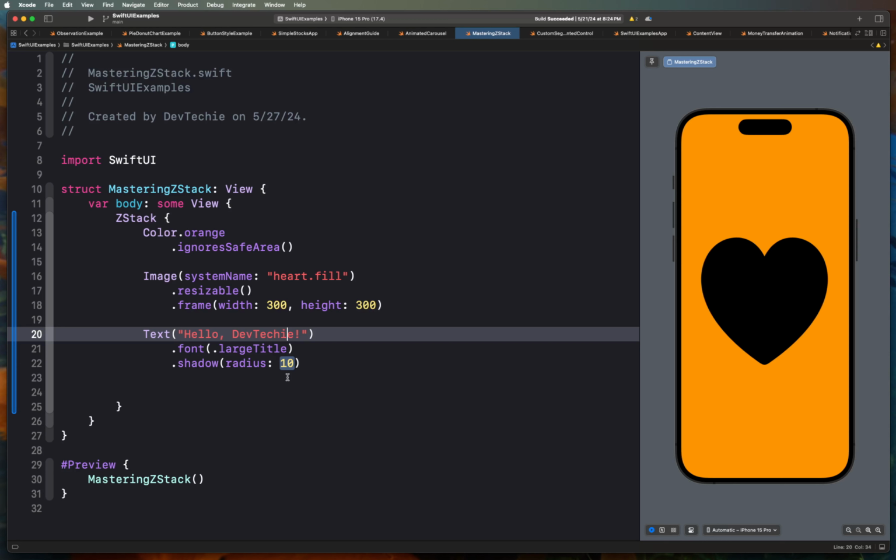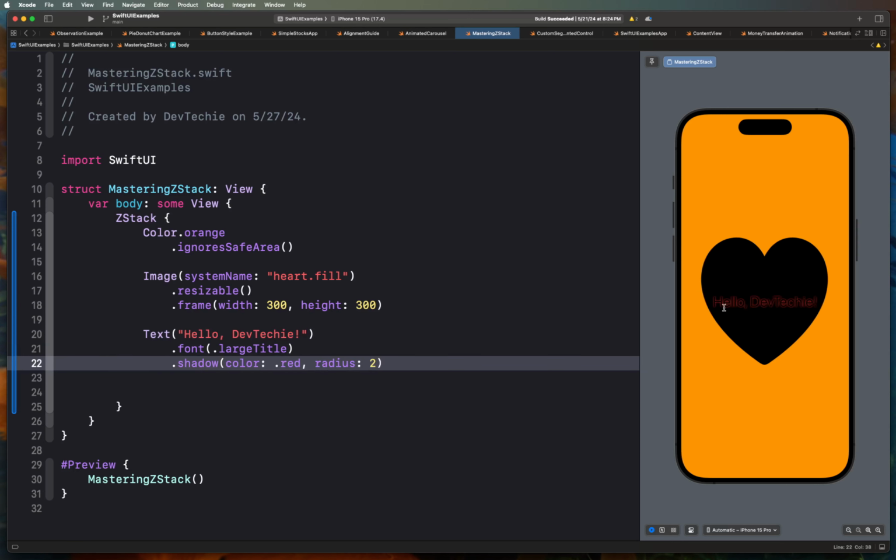Alright, so what should happen is basically there's a red shadow that should surround our text, basically make this text view pop out. Okay, let's increase the radius, and that'll actually make it a little bit more visible, but as you can see we cannot see it clearly. That's fine, I'm just trying to show you the effect of having ZStack, basically items placed on top